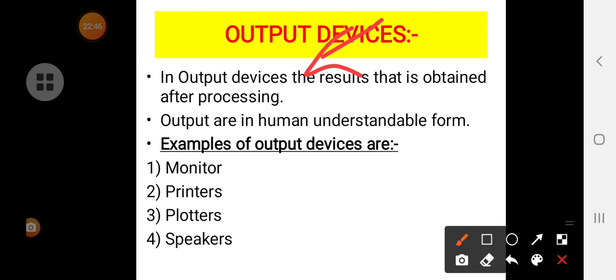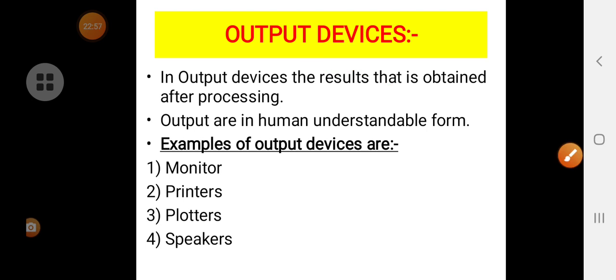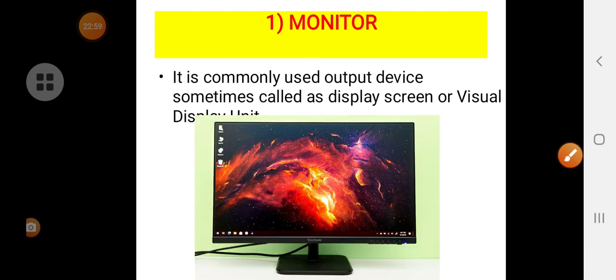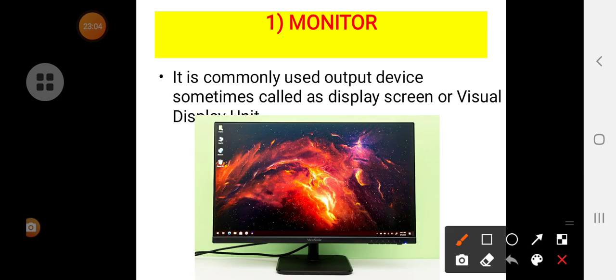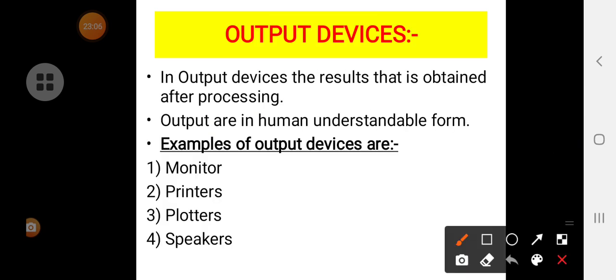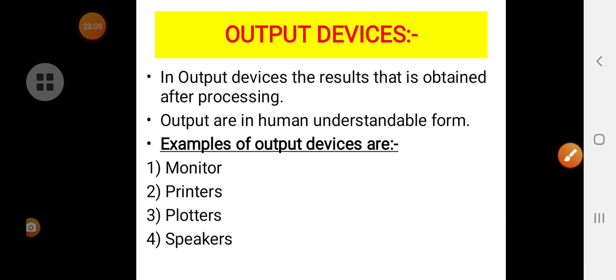In output devices, all the information will be in human understandable form. Okay. I hope you all are understanding. Next slide we will see. We will be seeing all the information about these four output devices.